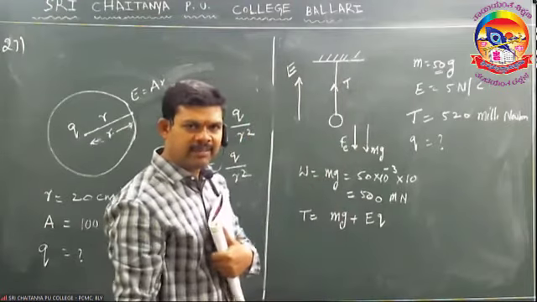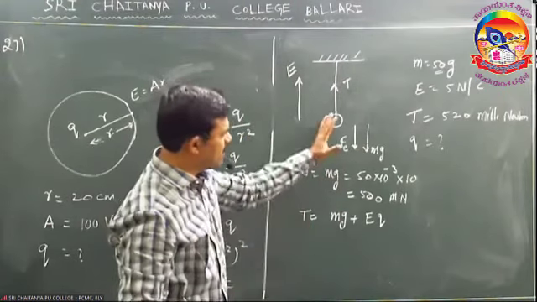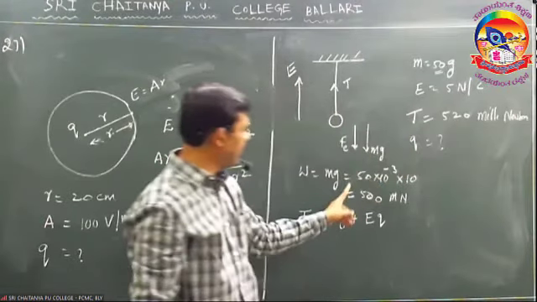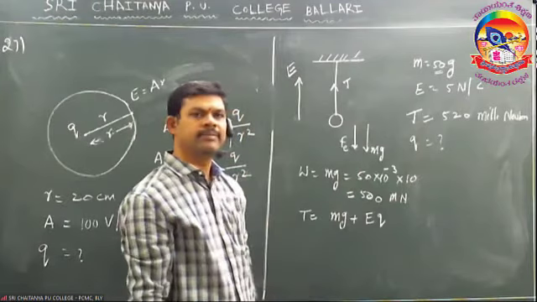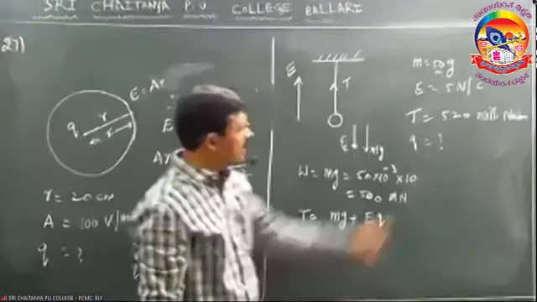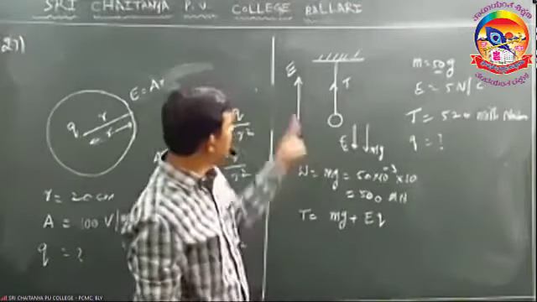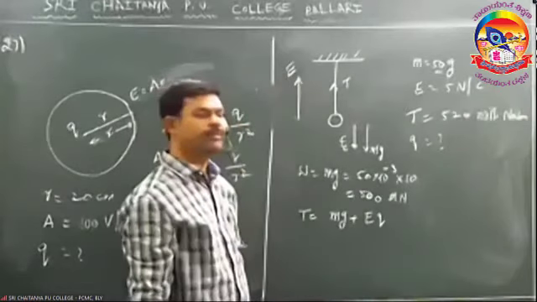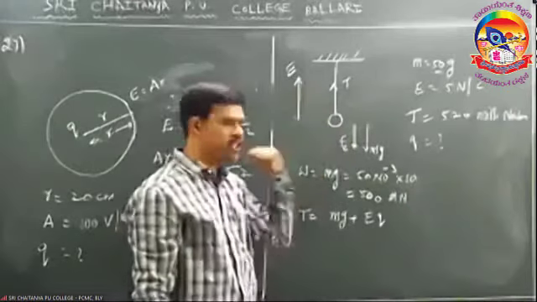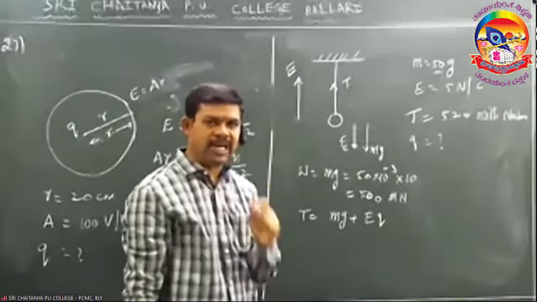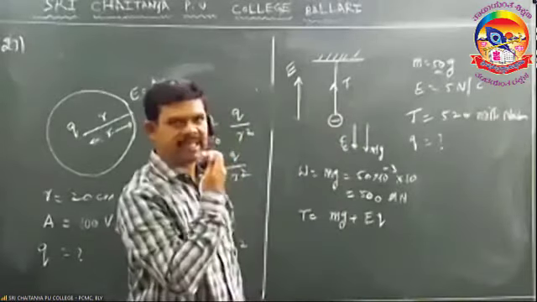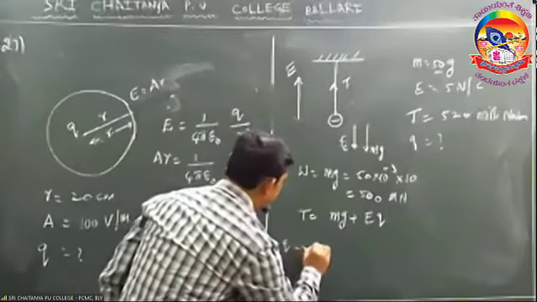Is the point clear? Whenever this type of problem is given, you have to see this tension and this weight. If the force due to electric field is not acting, tension should be equal to weight. But it is given more than that. Means force due to electric field is also acting down. When the field is acting up, force due to electric field acts down, means opposite to the direction of the electric field. For which charge is force opposite? For negative charge. So in the answer, charge is negative.